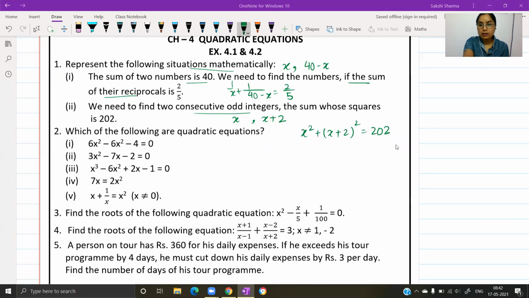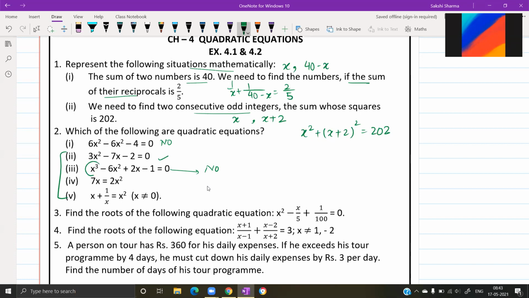Roll number 1, Abhay. Yes, ma'am. Beta, can you tell us out of options 2nd, 3rd, 4th, and 5th, which is not a quadratic equation? First one is not. The remaining 4, इनमें से कौन सी quadratic equation नहीं है? Ma'am, the third one. Can you tell us the reason? Ma'am, because the highest power of x is 3. That's right.